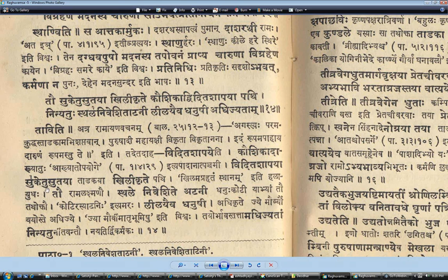Okay, so the next one we are talking about is Suketu Sutaya, no commentary. Why no commentary? Because it's a very easy Shashthi Tatpurusha. Suketoho Suta, daughter of Suketu. When you have a Shashthi Tatpurusha, I can almost guarantee you there will be no commentary because it will be very easy for us and we can easily deal with that.